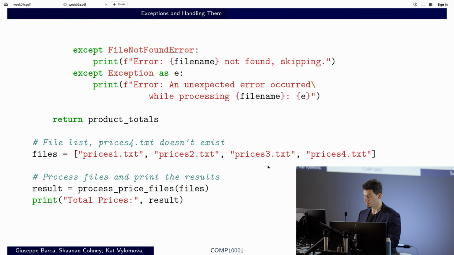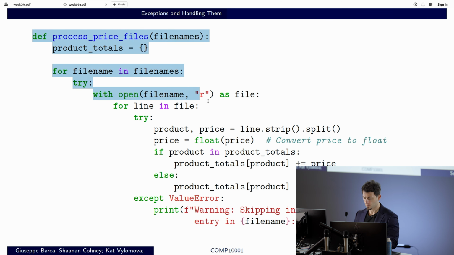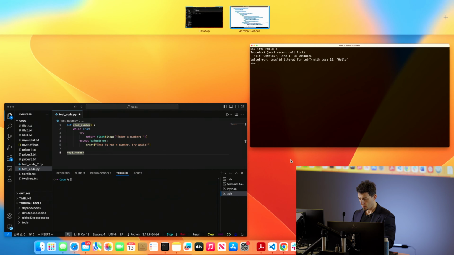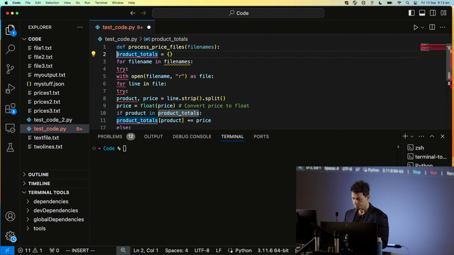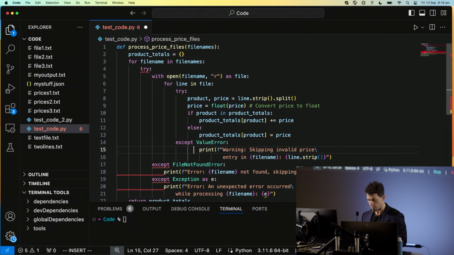Actually, let's grab this and put it as it is in our VS Code. Let's see whether that works. Oh, that's not nice. So, if we start looking at this at the top, while I'm finishing up my indentation thing here,